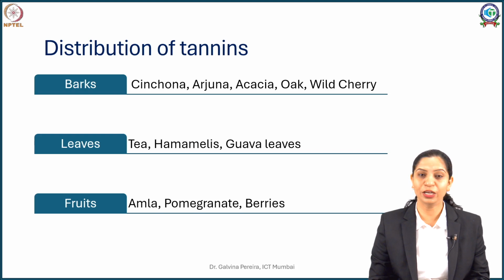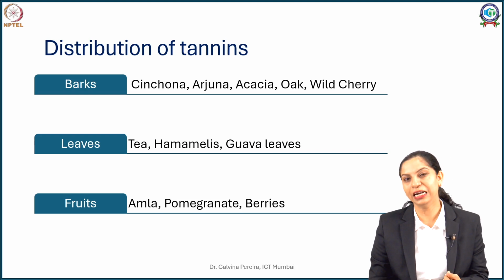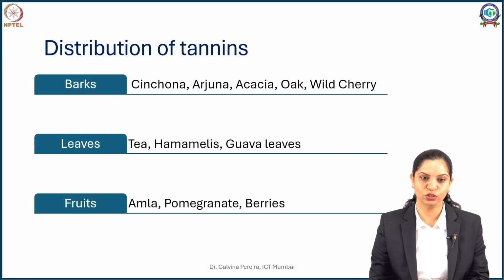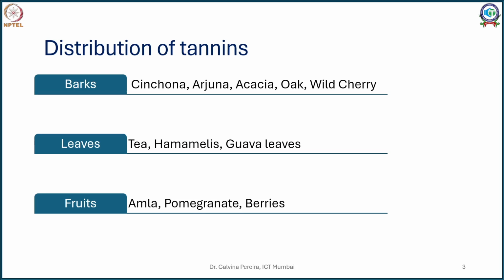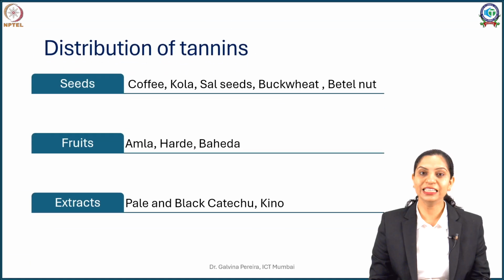Now when you go to leaves, they may not be brown in color. The reason being the molecular weight here is slightly less. The nature of condensation and nature of tannins present vary. So in leaves you can attribute it to a little astringent taste. So when you drink your tea, that is a decoction, when you have your hamamelis leaf or when you take a taste of your guava leaf, you will get that little astringency which is attributed to the presence of tannins. In fruits, you can have a tart or an astringent taste which is given by amla, pomegranate peels specifically, and berries such as strawberry and raspberry. In seeds, you can see them in coffee.